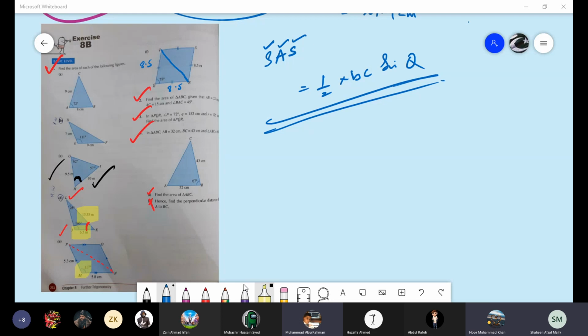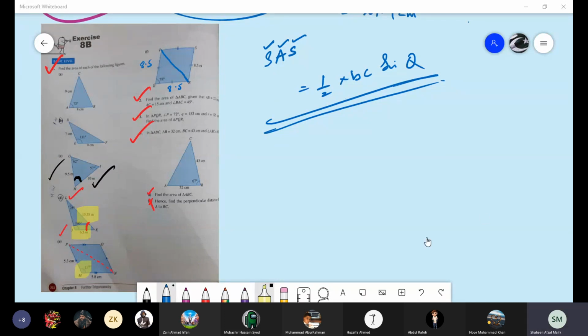Yes. Good. Yes, Abdul Rahman, did you get the correct answer? What's the answer, boys, for the F part? Ma'am, I got the answer 70.805. 70.7 or 70.8 is a correct answer. But don't forget to write the unit. What's the unit with the answer? Meter square, Hassan, meter square, beta. Oh, sorry.